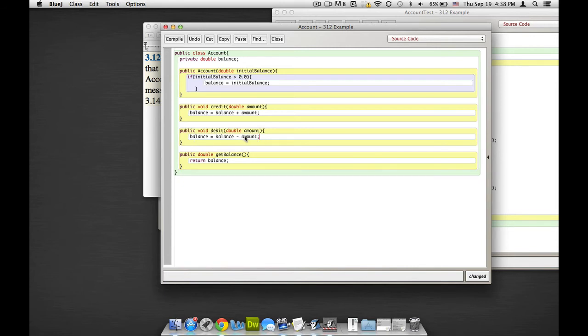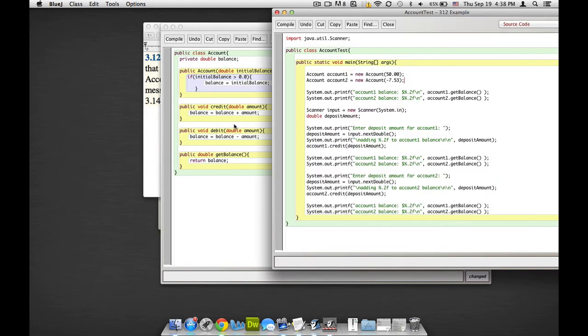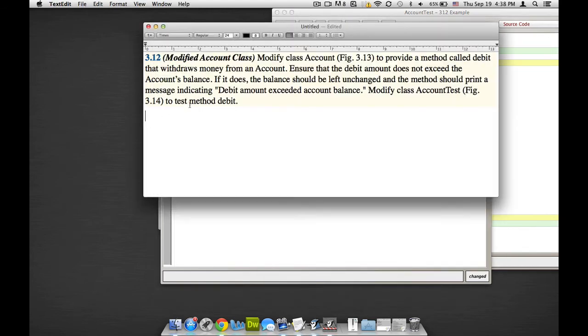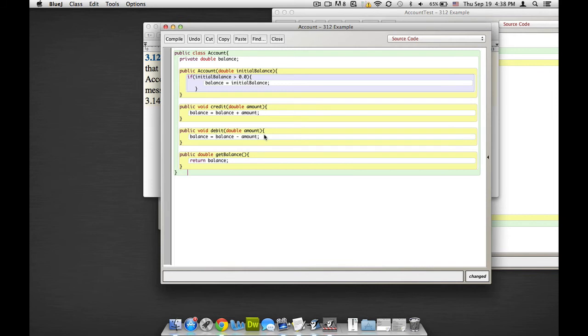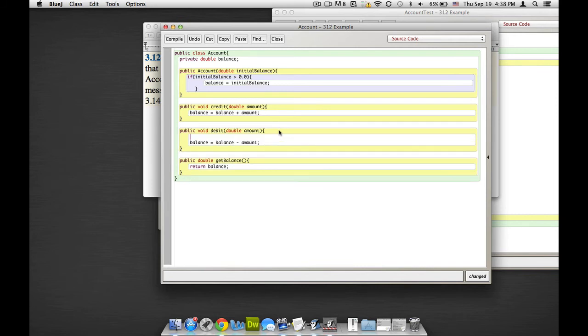So if I did this and I added that method into here, it would run fine. The only problem is this question wants us to tell it if it exceeds the amount, and if it does exceed the amount, not to withdraw from their account. So we've got to do an if and else statement here to make that happen. So inside here, we're going to make an if statement. And what are we checking for? We're checking to see if the amount they want to withdraw is greater than the current balance. So that's all we have to do. We have to type in that mathematically. So if the amount, which is what the user types in that they want to withdraw, is greater than the current balance,